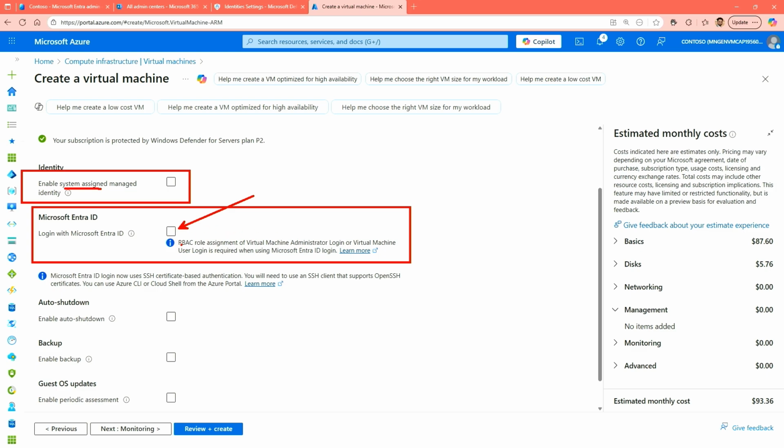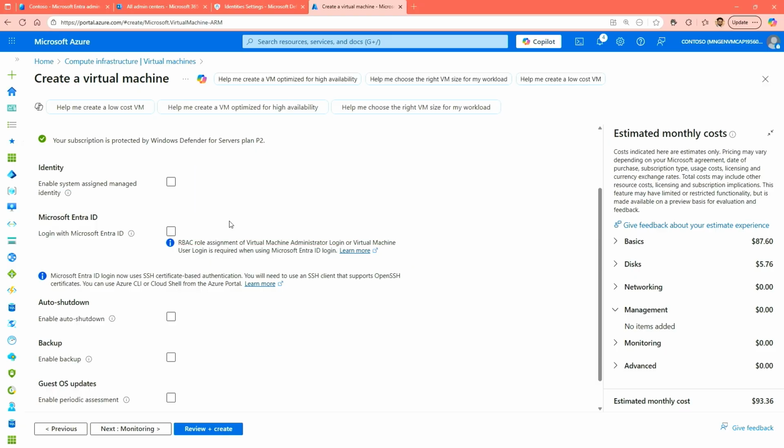However, along with that, it also suggests that, hey, if you're going to be doing this, you must assign the users who are going to log into this and authenticate some RBAC roles. What are these RBAC roles? There are some other RBAC roles that we haven't yet covered, like virtual machine administrator login, so they log into that machine as administrator, or a virtual machine user login, so they log in as end users on that machine. They authenticate using their own username and password under Entra, but I must give them the RBAC role on that resource, so they are given that access. So this is their authorization of what level of access they would get. So again, this is some of what we would define when you're creating a machine.